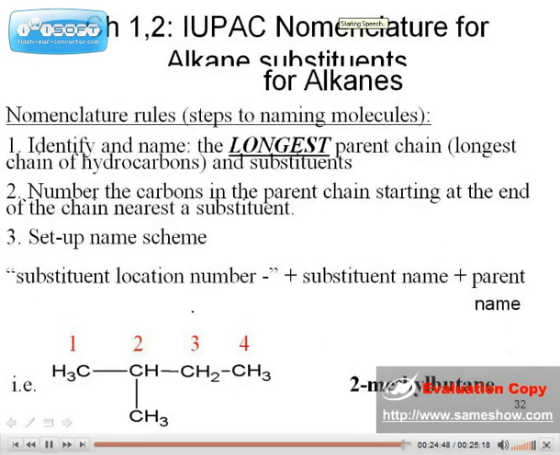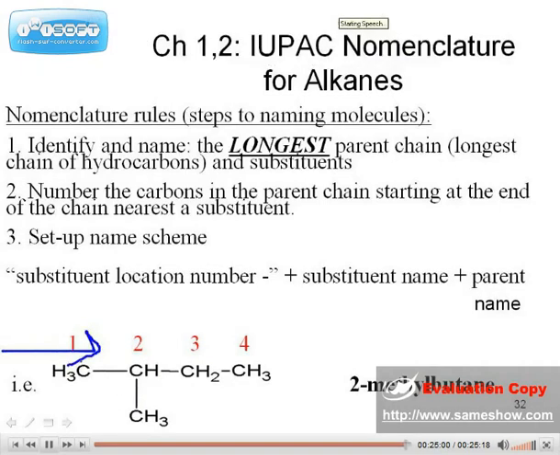After that, we need to go ahead and figure out where the branch is located. So we need to develop an organic zip code. We start from the side which is closest to the branch. So in this case, the carbon to the end carbon